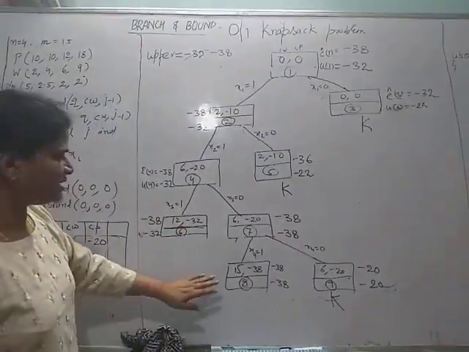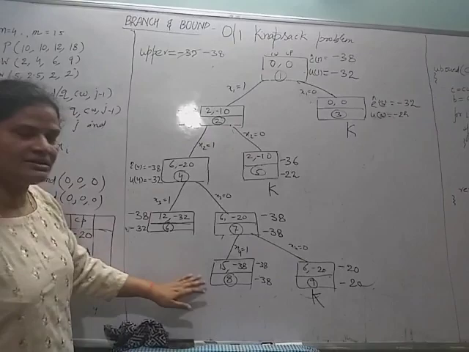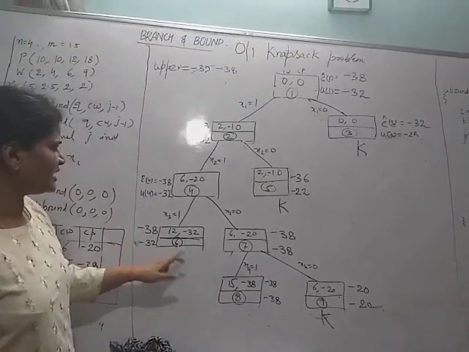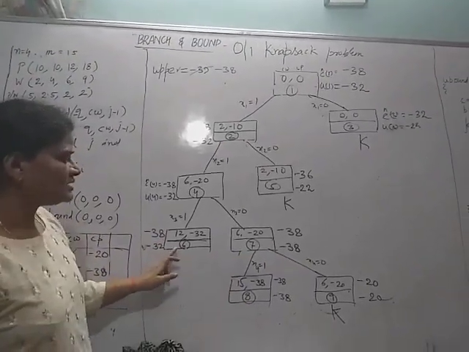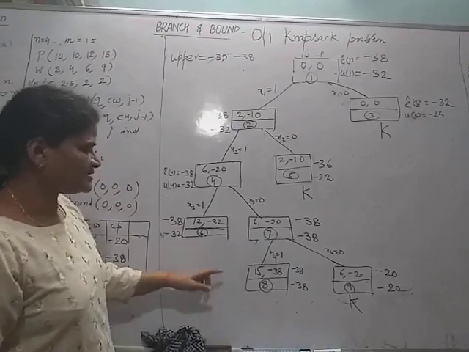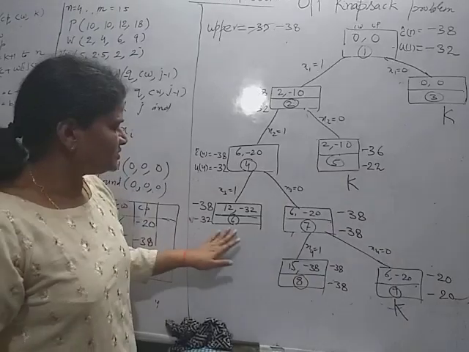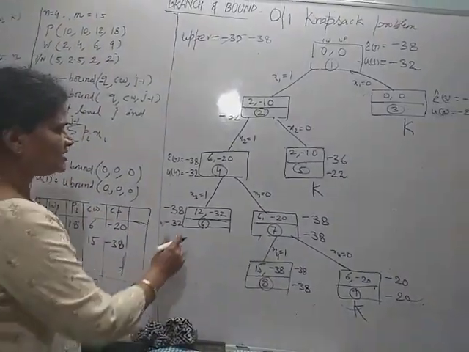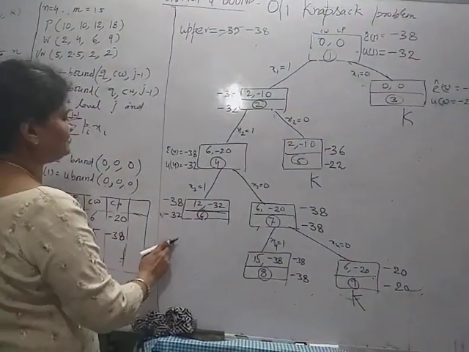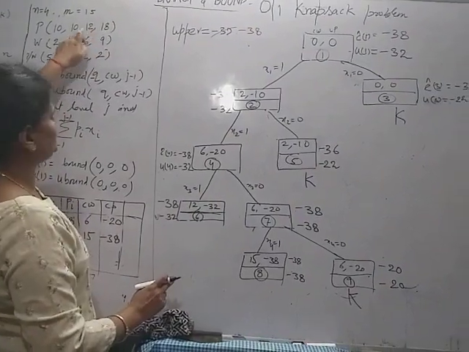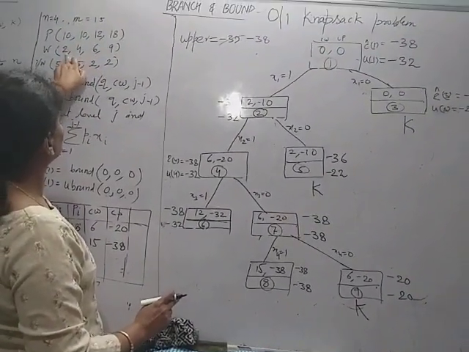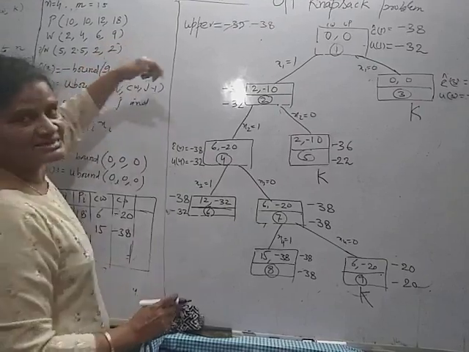Now again I am having the two nodes. Which one gives the optimal solution? Both have the cost minus 38. This node cannot be explored further, as it is a leaf node. So now we consider 6. We cannot move to the left because 12 plus 9 is exceeding the capacity.